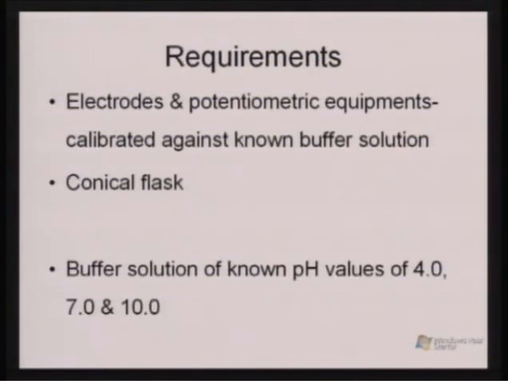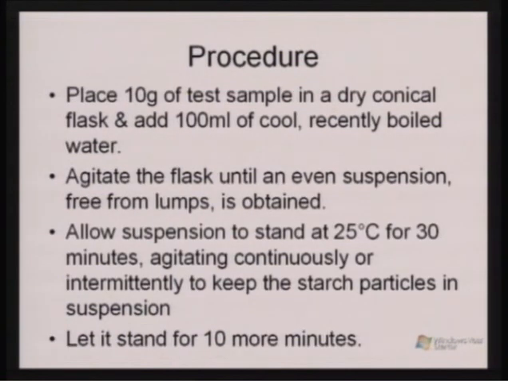reference electrode. Requirements for a pH measurement are that you should have the electrodes and potentiometric equipment, that is a pH meter, calibrated against known buffer solution, a conical flask, and of course the buffer solutions of known pH values, for example 4, 7 and 10. The procedure of the pH measurement is: place 10 gram of test sample in a dry